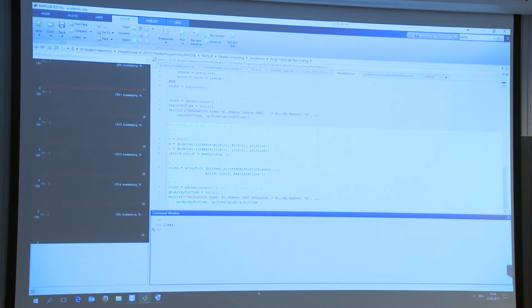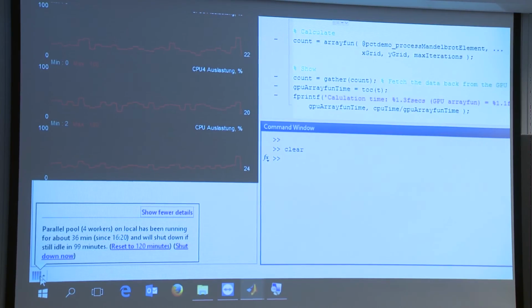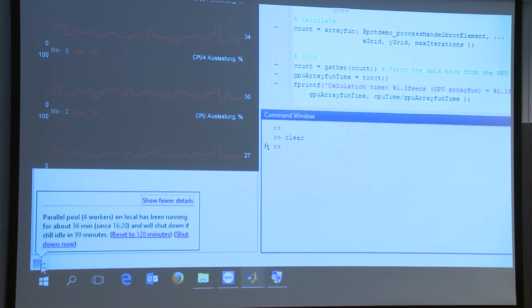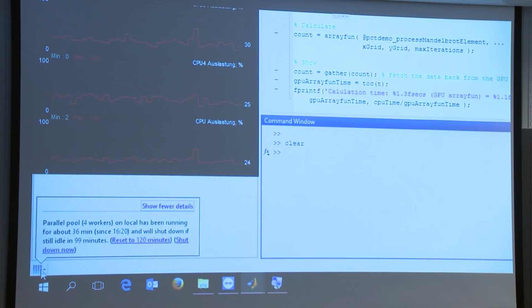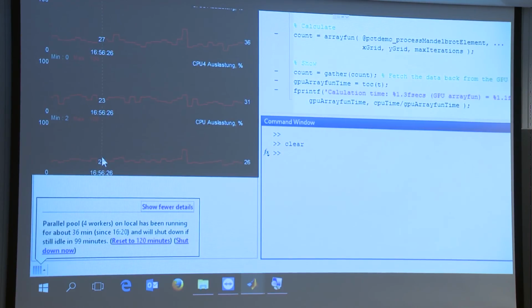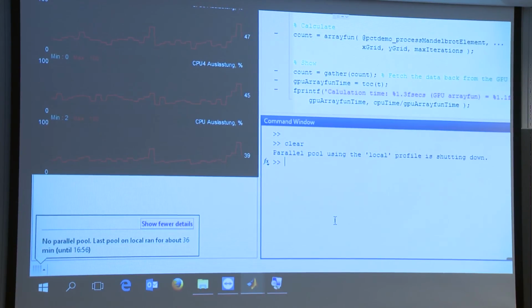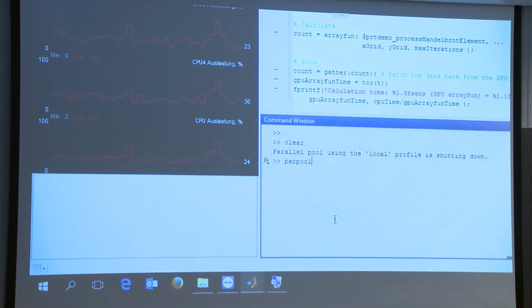You can also start it manually here on the bottom left. You see these points, and in this case it tells me it's been working now for 36 minutes. If it's not used in the next 99 minutes, it shuts down. And if you want to shut it down, you can do that as well whenever you want. Goes pretty fast, and you can also start parallel pools manually,